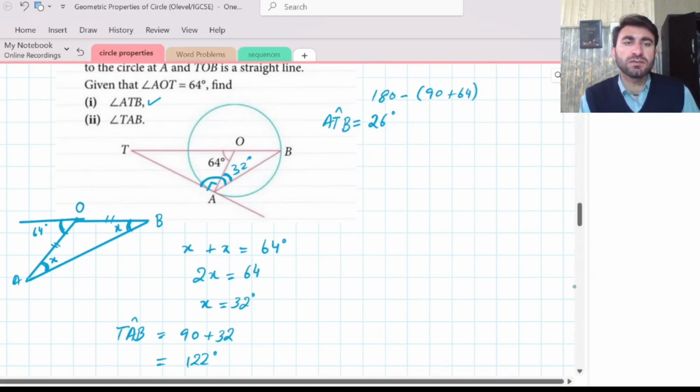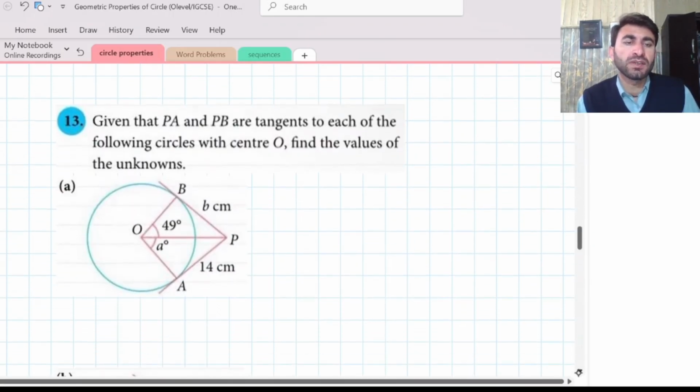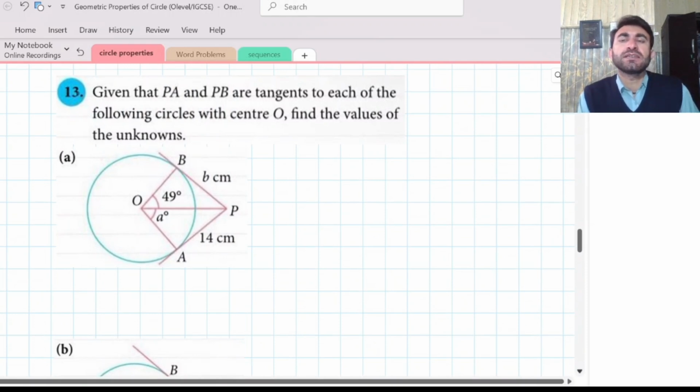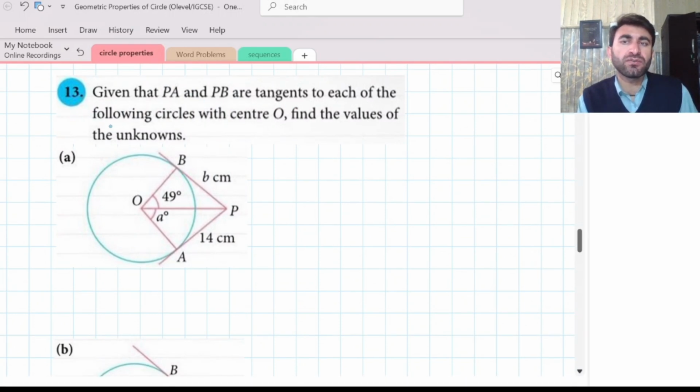So that was one question. Let's move to the next one. Now here is the question 13. It states, given that PA and PB are tangents to each of the following circles with center O, find the